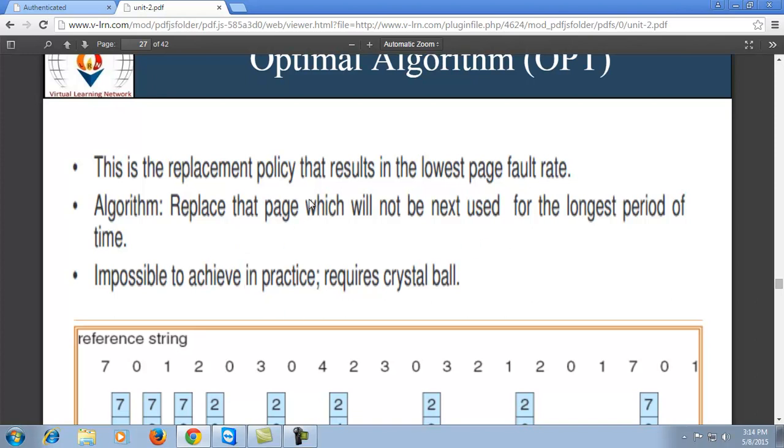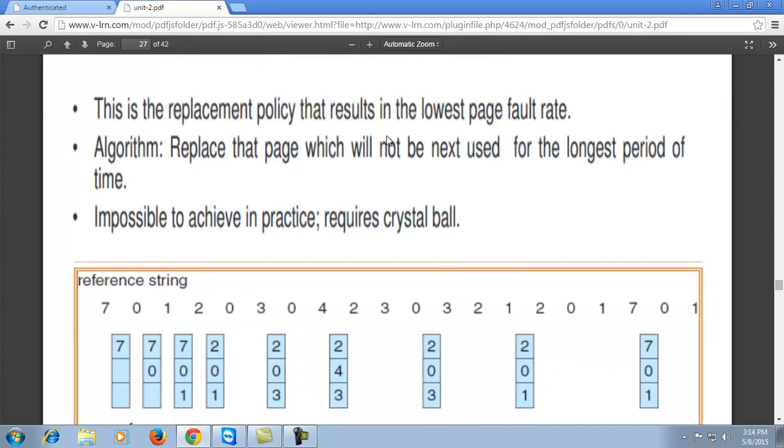We consider this replacement policy that results in the lowest page fault rate. We start with 7, then 0, then 1, next is 2, replaced with 7. 0 is there, next is 3, replaced with 1.